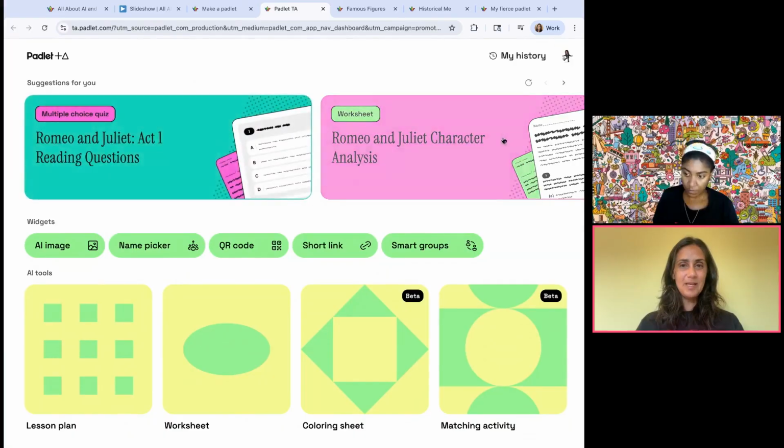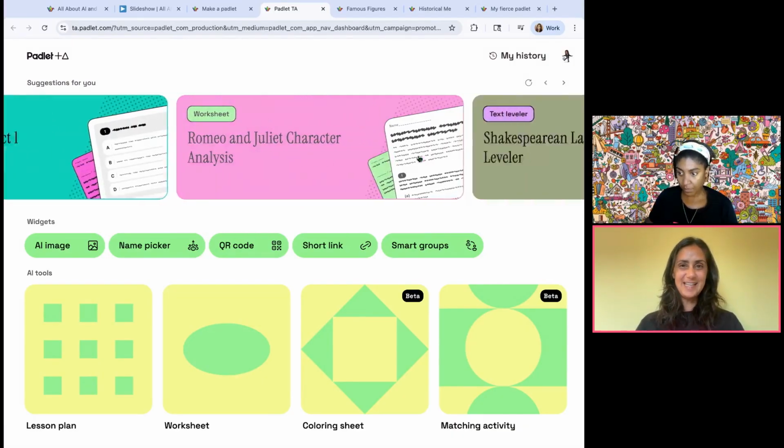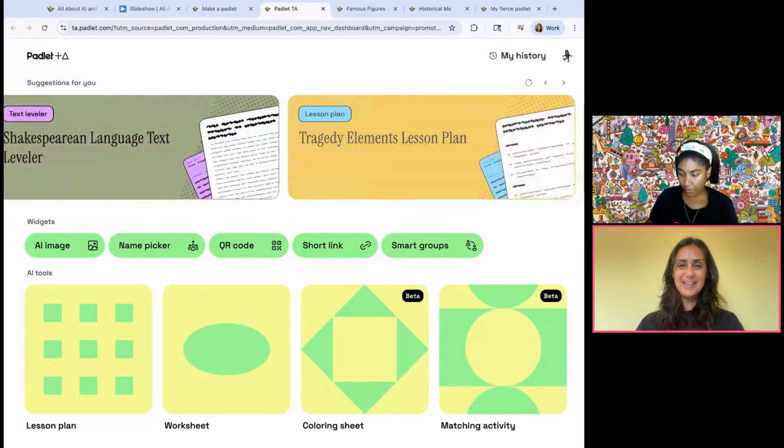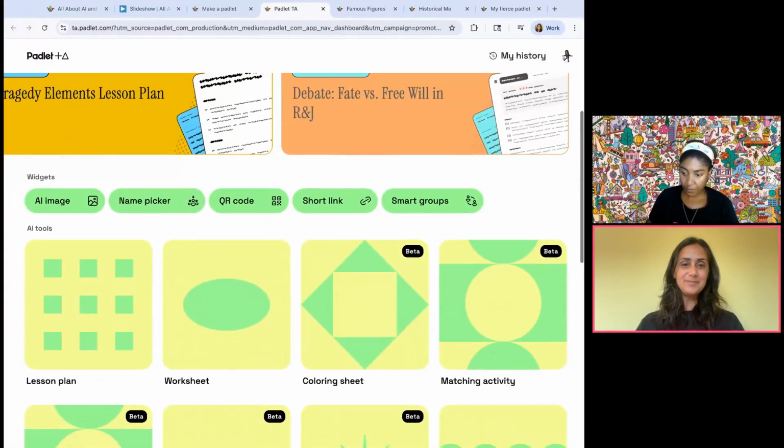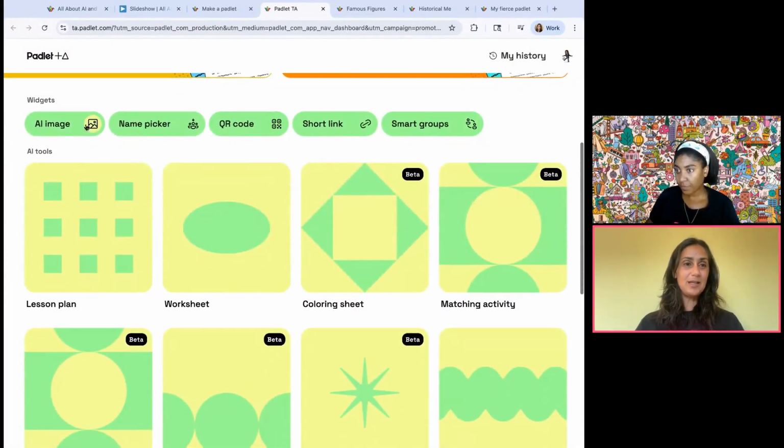At the top, it will show you some suggestions or recommendations based on your profile. So that's one reason it might be nice to sign in and give some information. You can see that I've said that I'm an English teacher here, and it's given me some recommendations with that in mind. Down below here, you can do some of the things you can do in Padlet, generate an